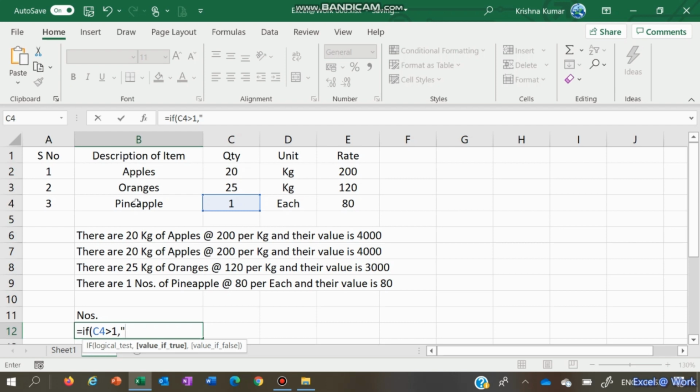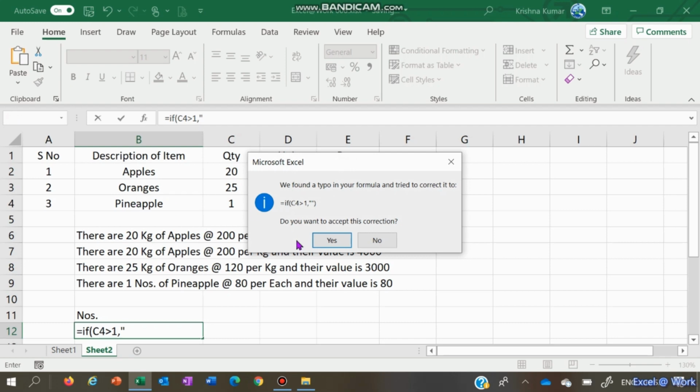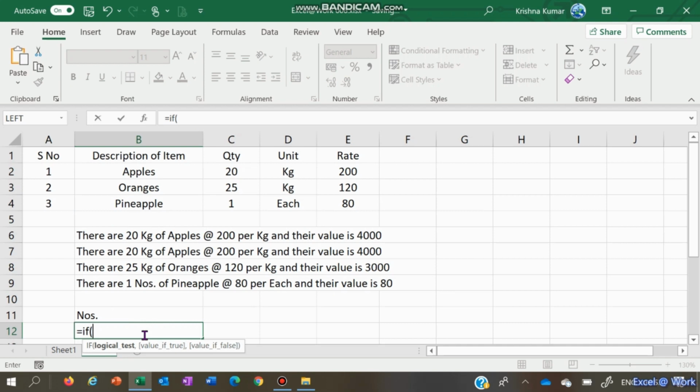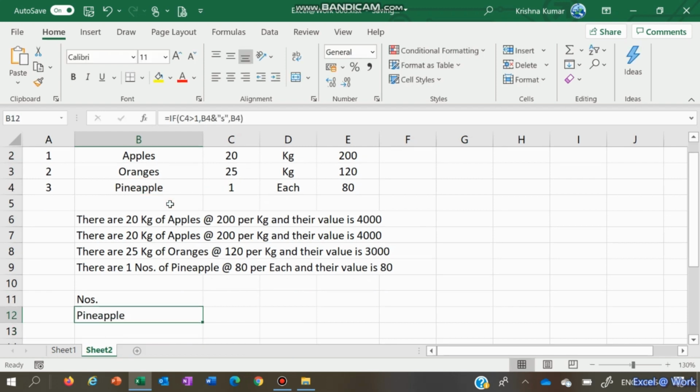So here you tell, I'll type it again, IF C4 is more than one, then pineapples should be added with an s. If not, leave it alone, let it be B4 itself. So pineapple, if it is 1, it is one pineapple. If it is more than 1, it is pineapples. If it is 0, it is still a pineapple. So if it is 3, it is pineapples.